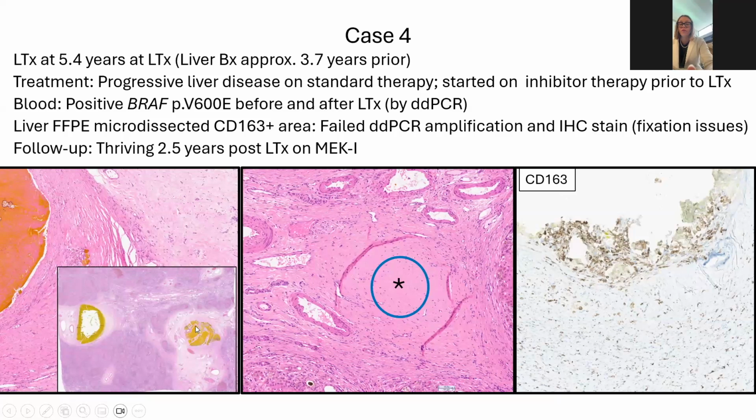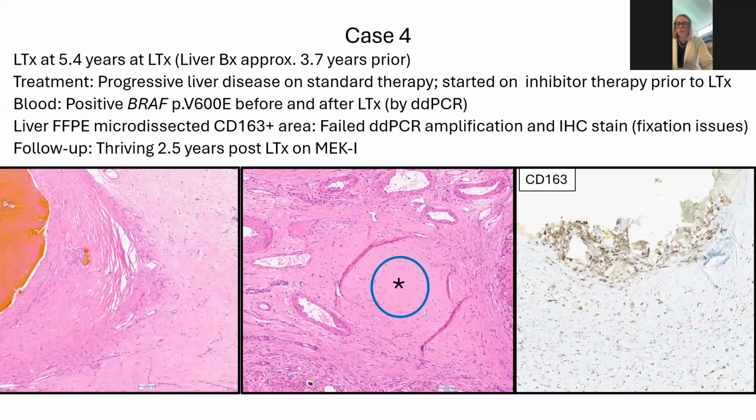Other areas that did have the cholestasis, there was some remnant CD163 positive cells. Now, I will say on this one, there was a rather long fixation, and we tried microdissecting out this area, but the DNA just was not able to show any amplification at all. So it was just too long of fixation, unfortunately. There was a little bit of staining, but unless I have it confirmed with the ddPCR, we're not able to say too much about that one.